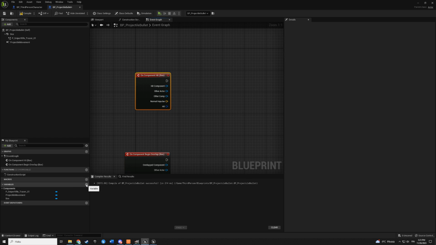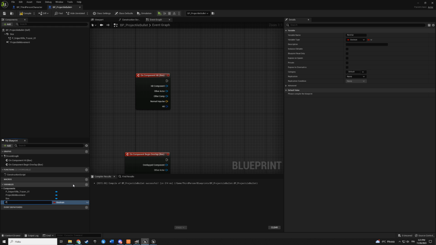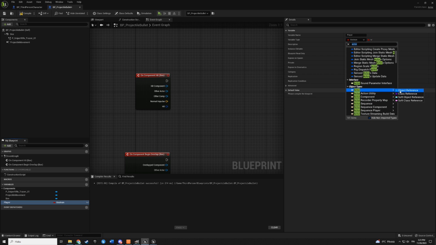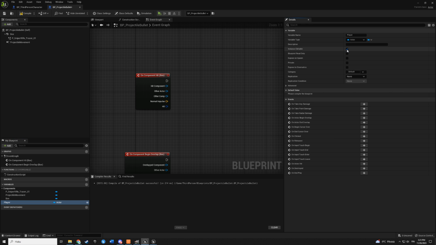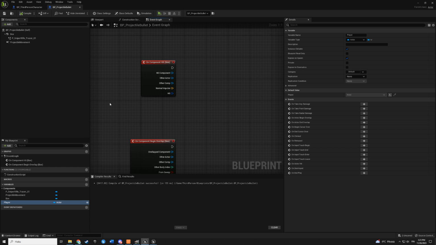We need also one variable. It is player. It is like us. Then actor type, and make it instance editable and expose on spawn. Then compile and save. And we need to change that to be the player who fires this bullet.